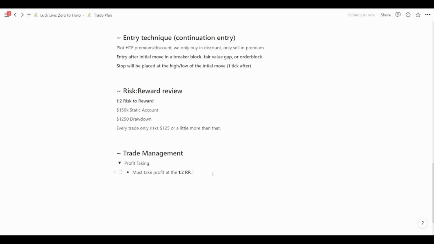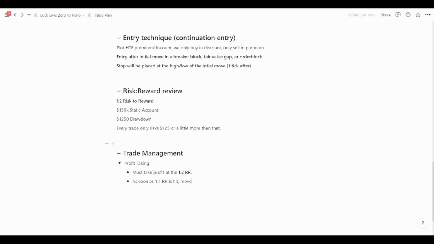But, yeah, back to profit taking, right? I have to take profit at the 1-to-2 RR. I'm not going to take a profit at a 1-to-1 RR because at that point, the trade doesn't even make sense. I'm not going to be exposing myself in that way. But as soon as the 1-to-1 RR is hit,